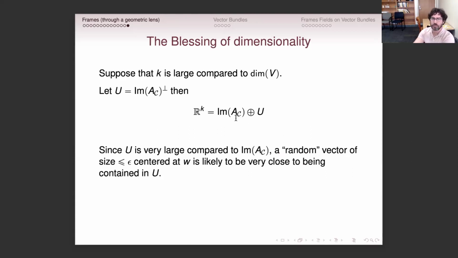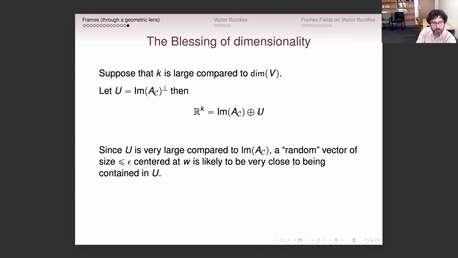And the reason for this is if I pick a basis that's adapted to this splitting, there are relatively few coordinates over here relative to over here. And the expected size of all of the coordinates is essentially the same. And so that means that most of the length of the vector is in this direction. And that means that the vector is almost parallel to U. And so that means if I orthogonally project, it's very likely that I'm going to get something very close to